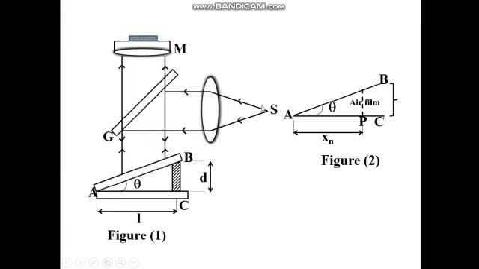Light from the monochromatic source is allowed to fall normally on the system by using a glass plate G, and a travelling microscope is focused on the fringe system. Looking through the microscope, we can see alternate dark and bright straight fringes of equal thickness, which are parallel to the line of contact of the two glass plates. Here each fringe is the locus of the points where the thickness of the film has a constant value. Therefore, such fringes are often referred to as fringes of equal thickness.